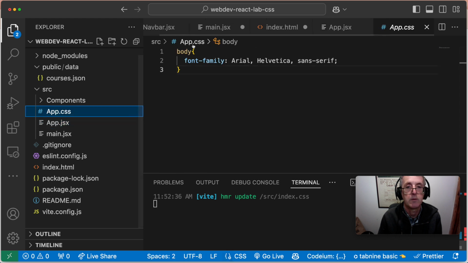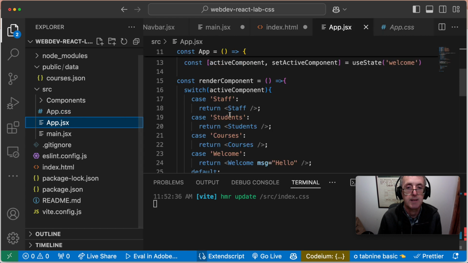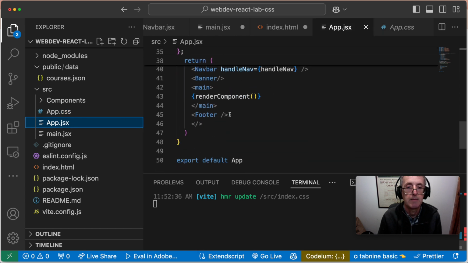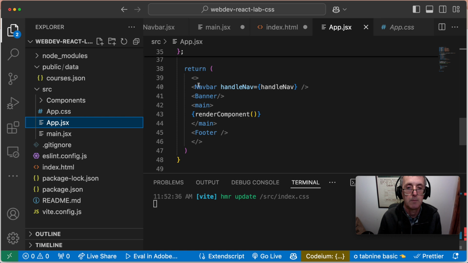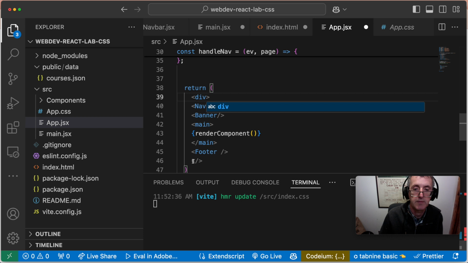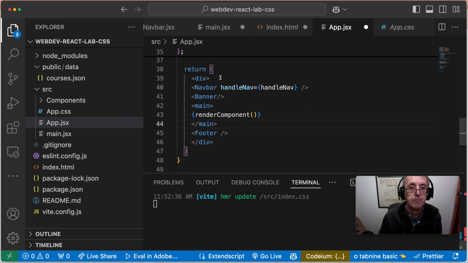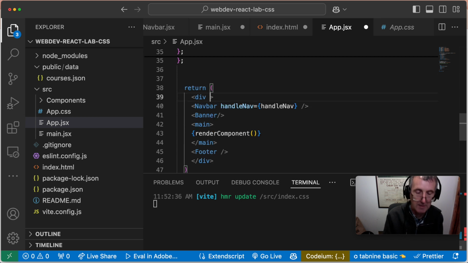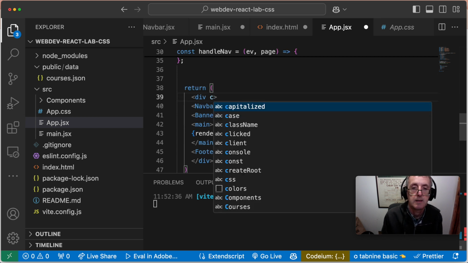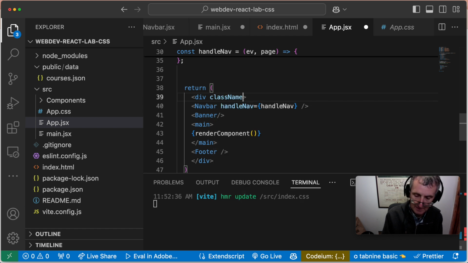And we've already seen how we could just add a rule in there. So let's extend this a little bit. Here is our component that's loading these other components. So why don't I put a div on the outside of this that could act as our container element. And then maybe what we'll do is give this a class. So in React, it's best to use className for your classes. It's one of the differences to be aware of. So if I call this container,